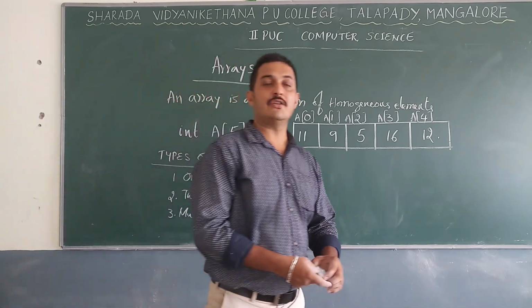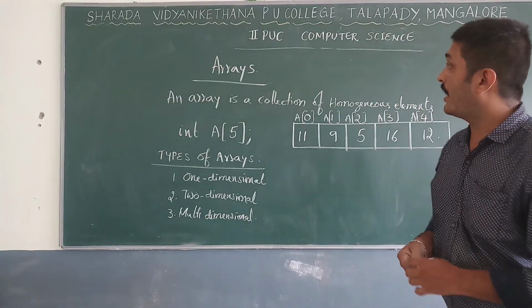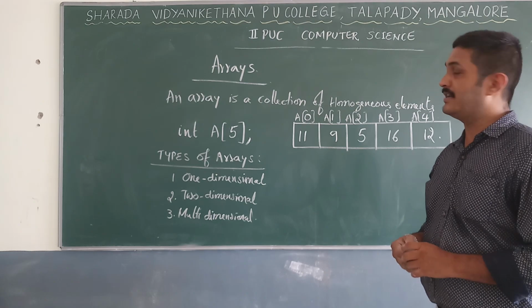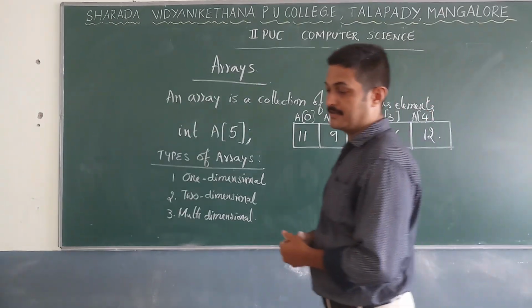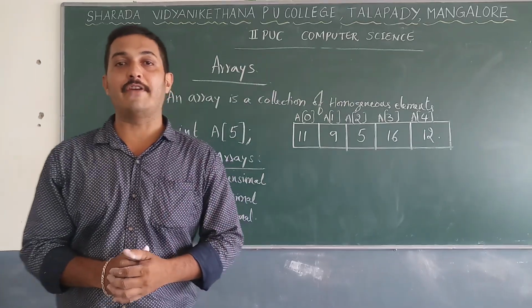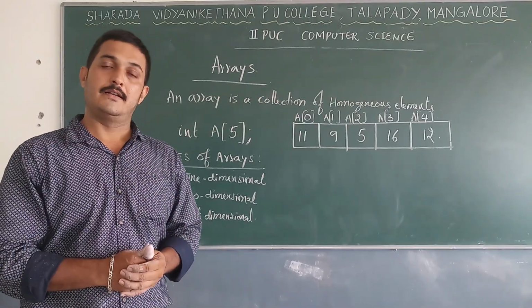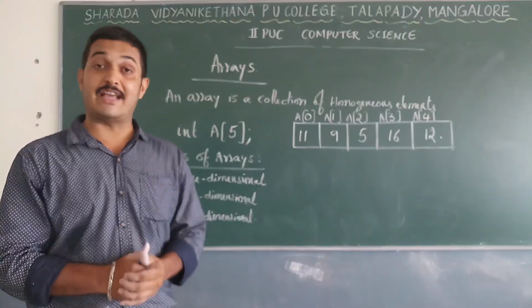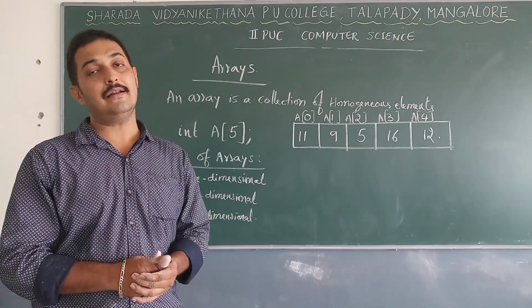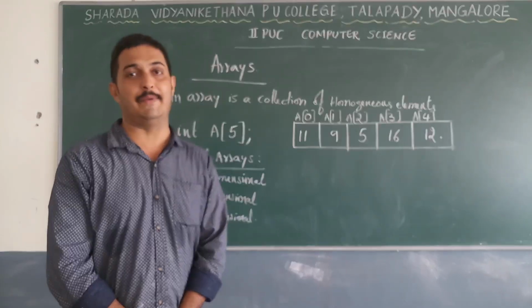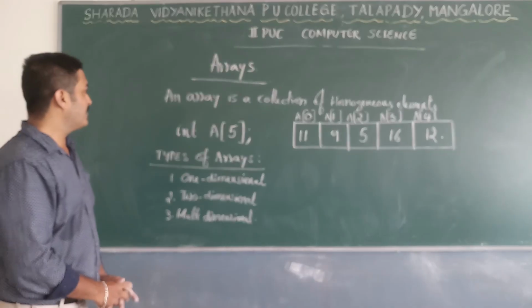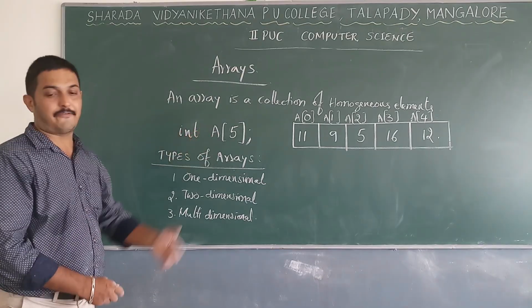So, linear data structure and non-linear data structure. An example of a linear data structure is arrays. Last year you studied about arrays. An array is a collection of elements. It uses the same name and the same type. So we can say it's a collection of homogeneous elements. For example, you can take this one: int a[5].